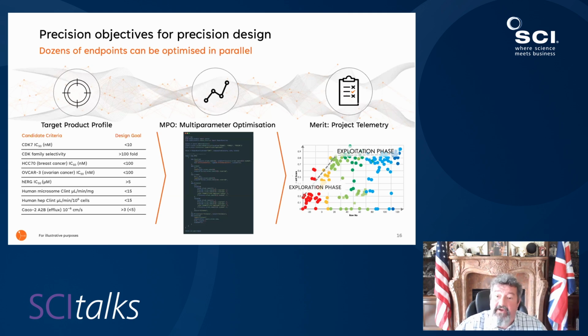What we typically find in the early stages, where you're starting with a hit or someone else's lead, a competitor-disclosed lead, is that the merit scores are pretty poor. And then we look to rapidly improve these towards our target function in this so-called exploration phase. And then we enter a different phase, the exploitation phase, where we're really trying to tune the optimal